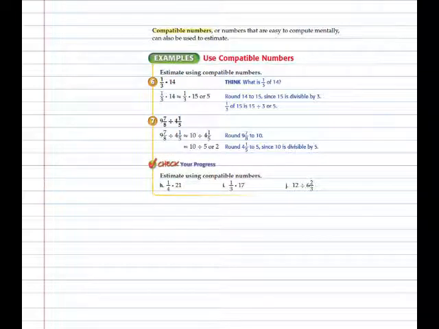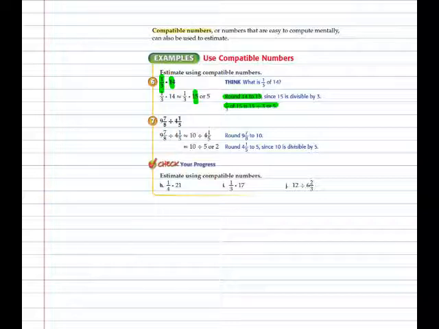In our first example, we have 1/3 times 14. To make 14 compatible with 1/3, we're going to round it to 15. So our estimate is 1/3 of 15, or approximately 5. In our second example,